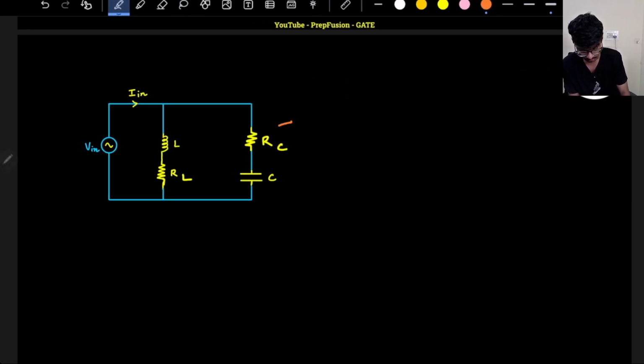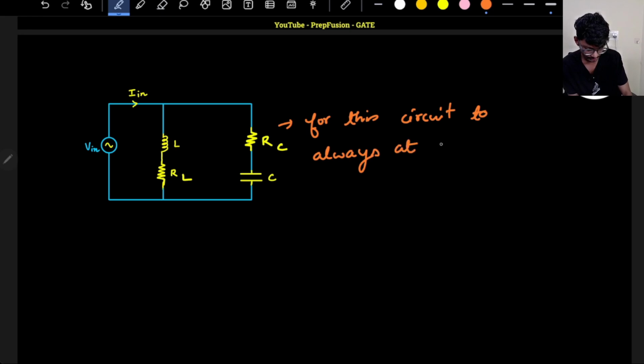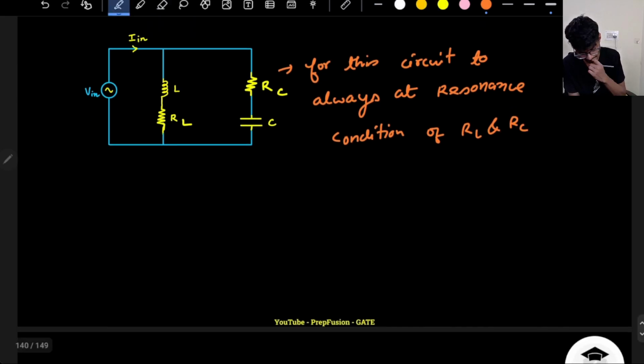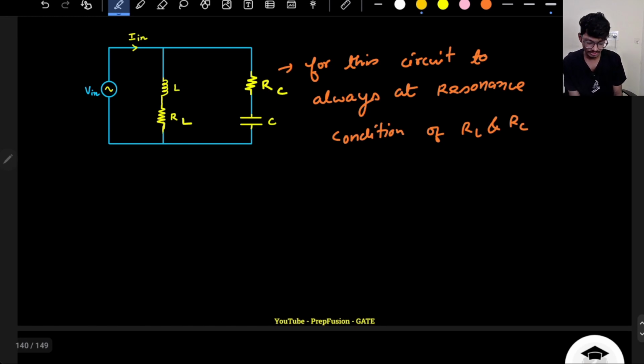So for this circuit to be always at resonance, what shall be the condition of RL and RC? Basically, what you have to do is again go with the balance bridge condition,